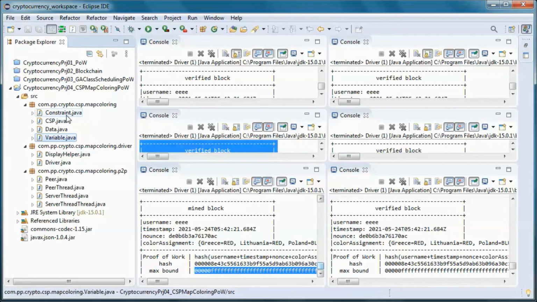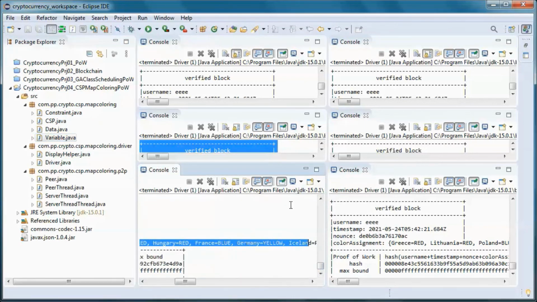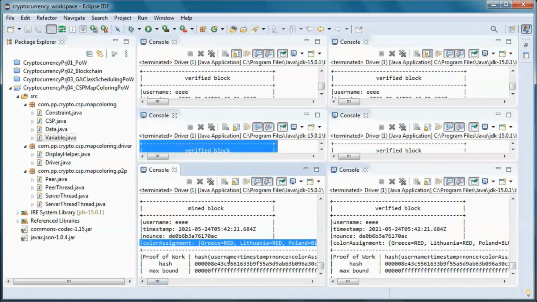Functionality, and we're doing a simplistic approach here for now. So we're just using this color assignment solution as part of the block that gets hashed.